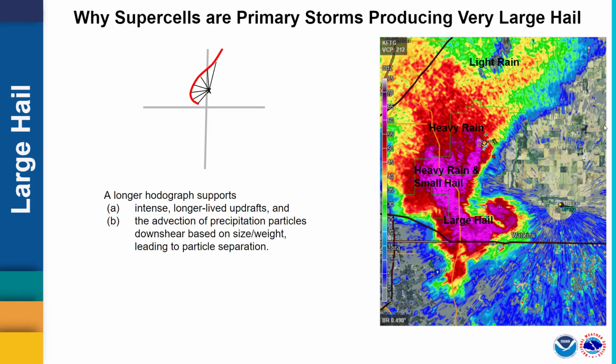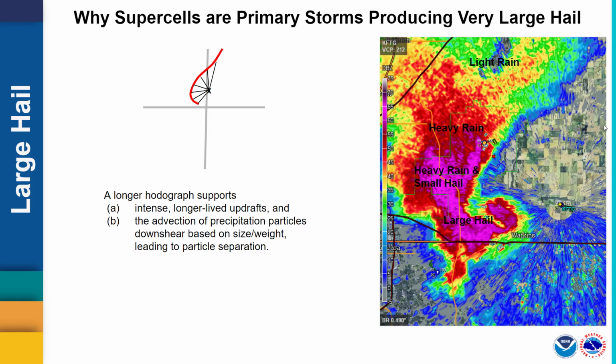From all this, it should be no surprise that supercells associated with longer hodographs represent the favored convective mode for large hail, especially golf ball size or larger. Whereas a short hodograph, as we might see in summertime pulse storm environments, would support hailstones descending within heavy rain, the greater shear profiles associated with longer hodographs support separation of smaller targets, that is raindrops, from the larger targets